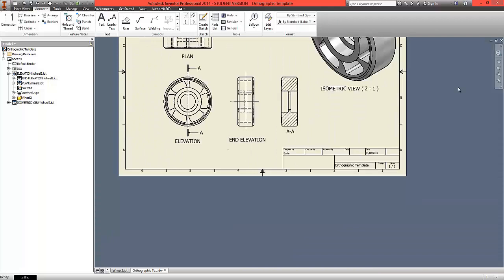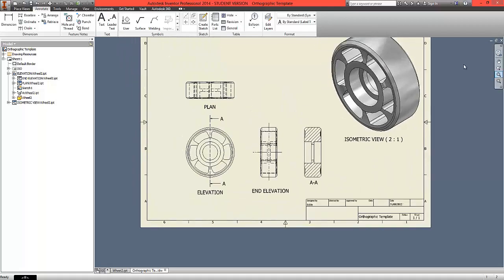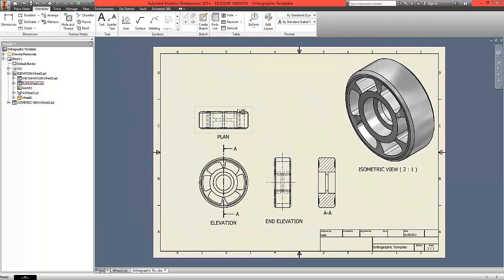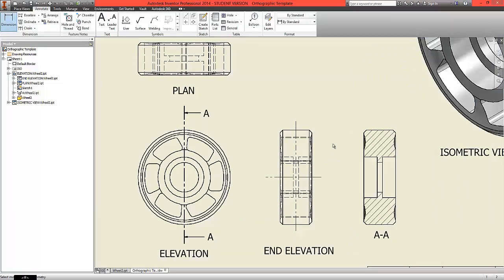If we want to add in individual annotations, we can choose from the top the dimension tool. Click on the dimension tool from the ribbon, scroll in, and what we can do is add in either measurements between 2 positions or measurements of individual items. For example, we may choose to add the annotation here of this line between these 2 chamfers, which is 20 millimeters,